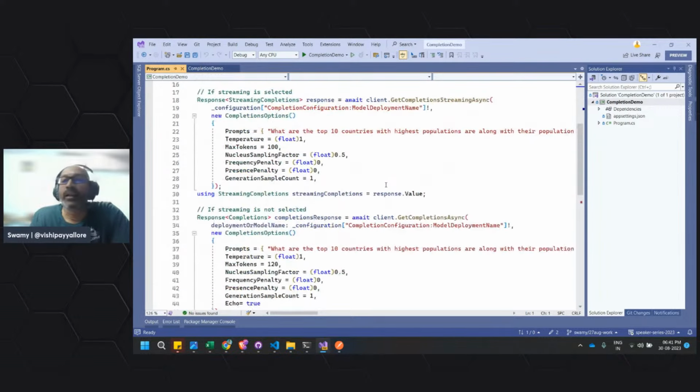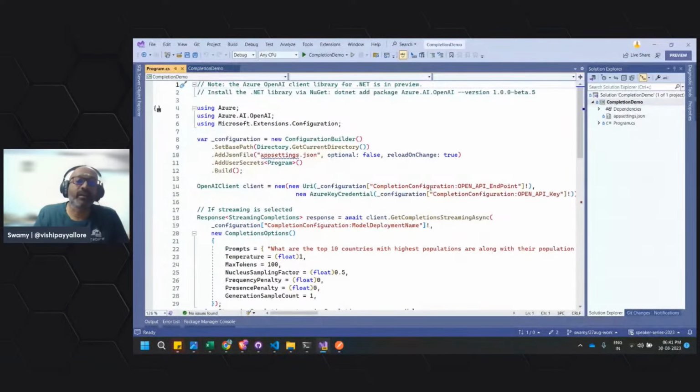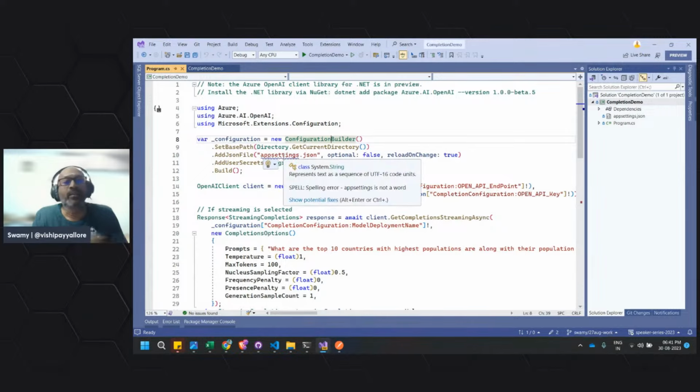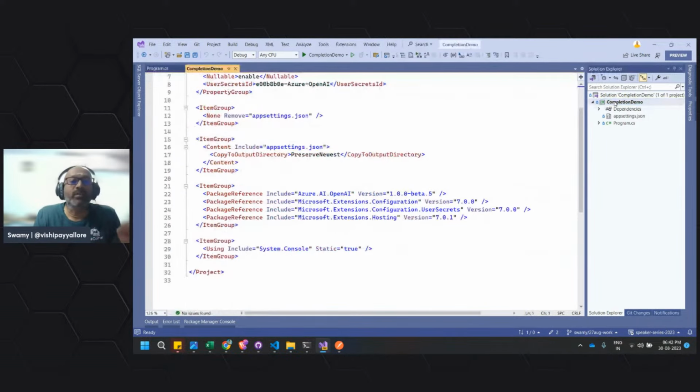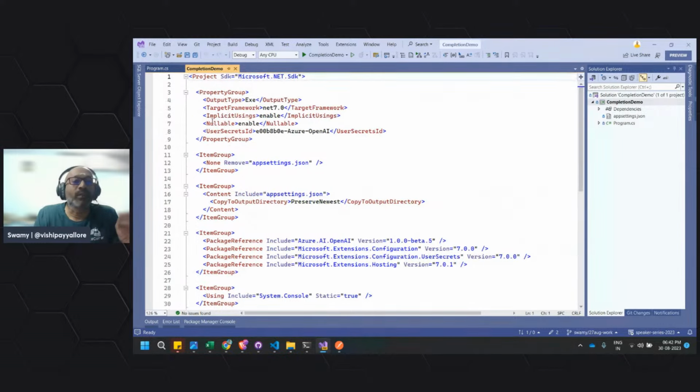Another important thing is how we are reading the configuration. There are multiple ways. This is one of them: we build the configuration with a configuration builder, and say load the app settings file and also load the user secrets. If you focus on this particular thing, one of the elements inside this property group is the user secrets id.